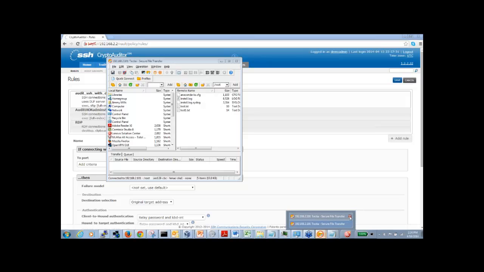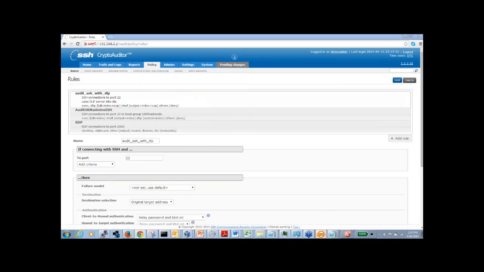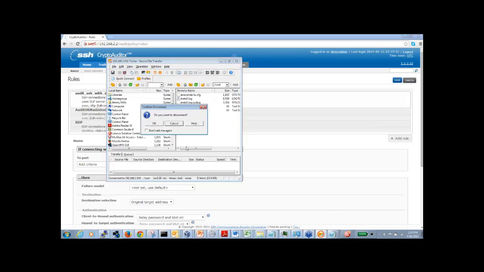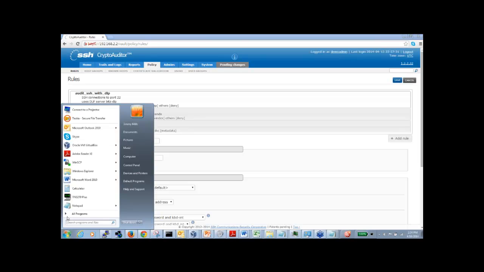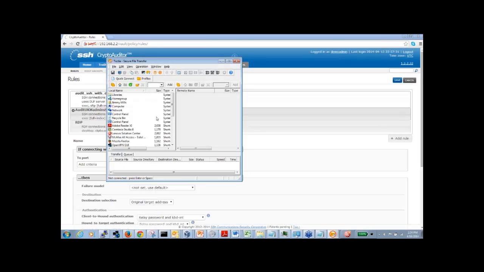Let me close both of these so I can get rid of the old broker, and let me get a new session open. All right, and this time we're going to copy a test2 file.